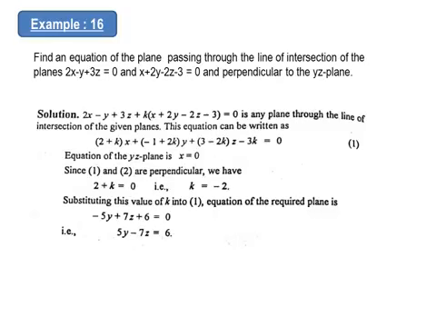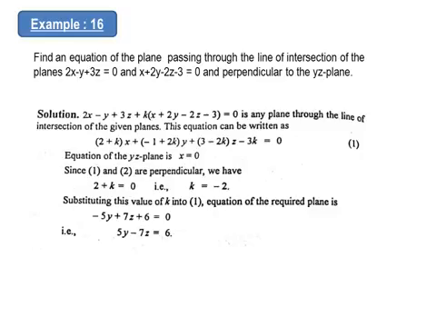Find an equation of the plane which is passing through the line of intersection of the two planes 2x minus y plus 3z equals 0 and x plus 2y minus 2z minus 3 equals 0, and perpendicular to the yz plane. So the solution is given by the intersection of these two planes. As you can see, these two planes are not parallel,